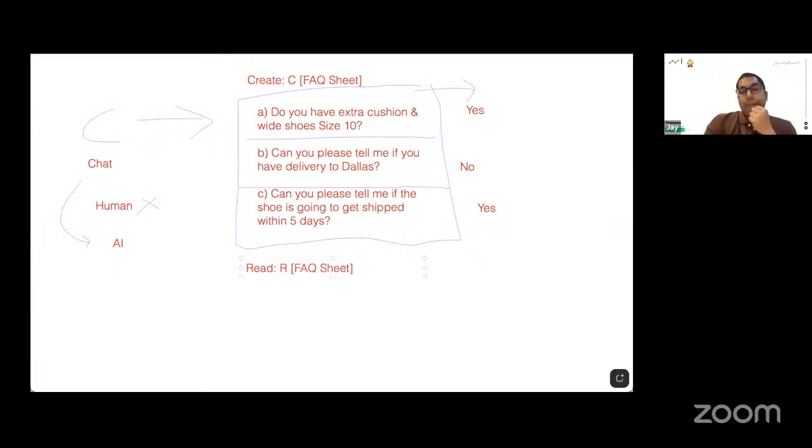Now, what happens if there is a new question? The new question is, "Hey, can you please tell me if you have international delivery?" If a new question comes in, maybe the answer to this is no, we don't do international delivery. Okay. Now, this FAQ sheet table,